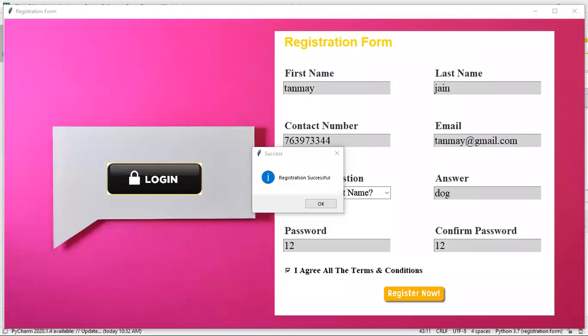The registration is successful. This time no exception occurred. Earlier there was an exception. So this registration is successful. If I click OK,